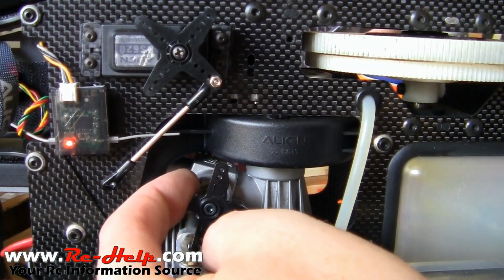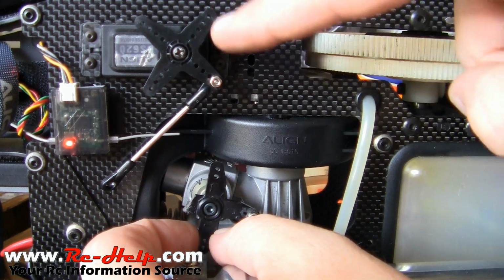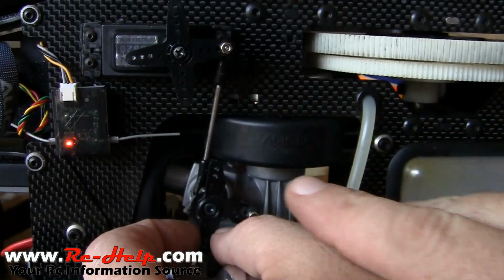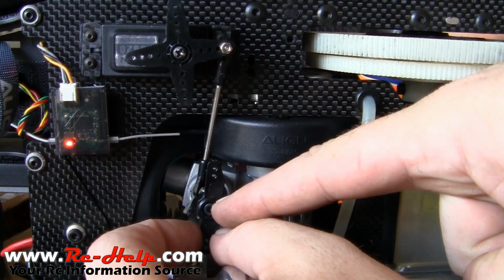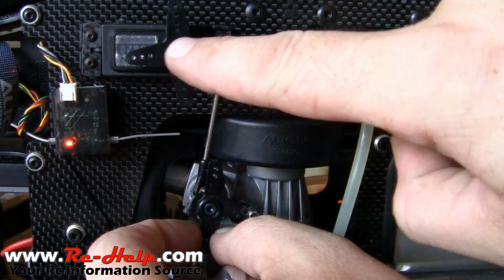See the little marks right back there? That middle one is going to be halfway open. That's what I want to meet with this when it's at mid stick. So right there it's at mid stick. I'm going to go ahead and adjust this one, and I'm going to adjust this one so that this line between that center bolt there and this center bolt here is exactly 90 degrees from that line to the line